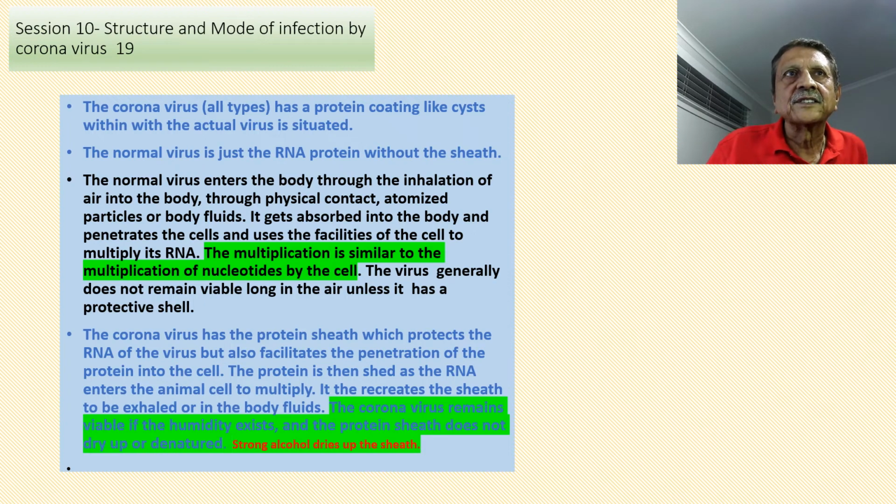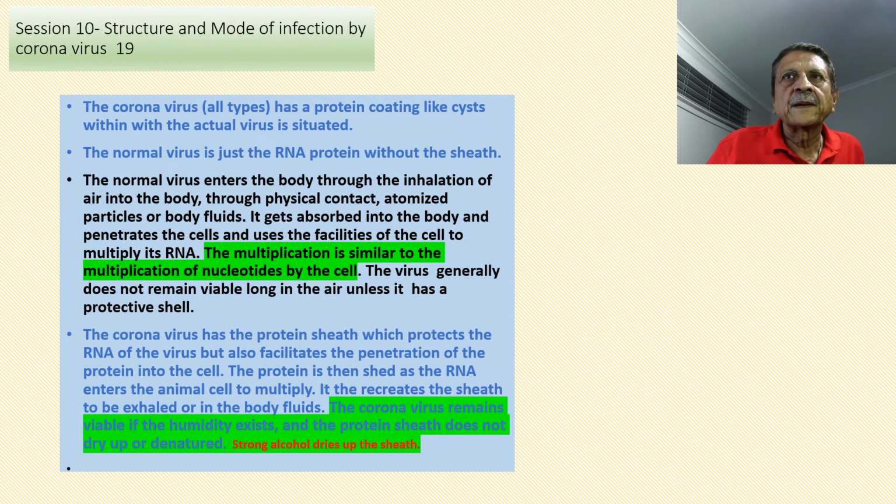This slide shows in writing what I have explained in the previous slide. This is how the coronavirus infects the body. The virus enters the body through the inhalation of air and through physical contact, through atomized particles or body fluids. It gets absorbed into the body and penetrates the cells and uses the facilities of the cell to multiply its